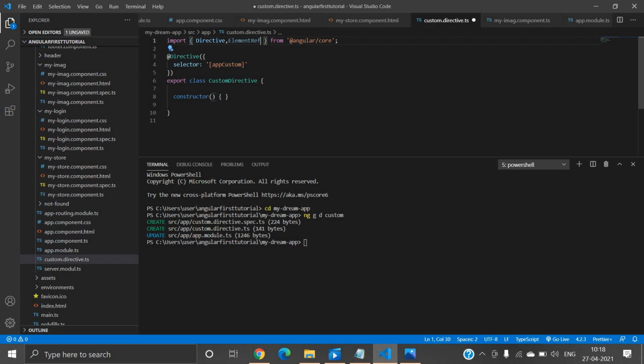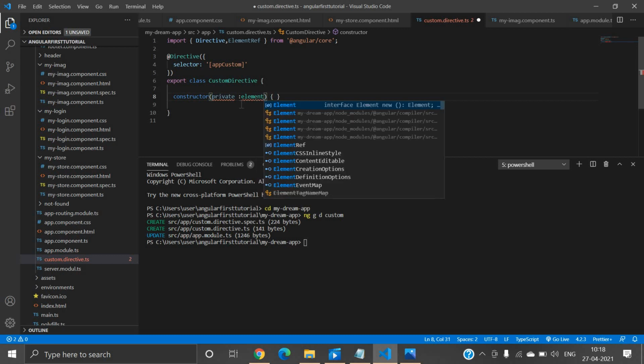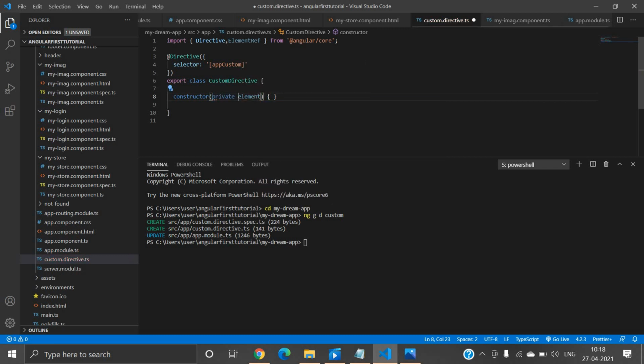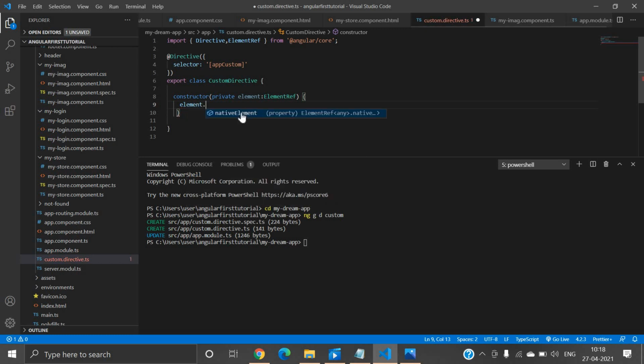After that, we have to create an instance of this ElementRef, so let's use the private access modifier inside the constructor. You can write any name, let's say element, and pass the element ref, and after that we will use this element and pass nativeElement.